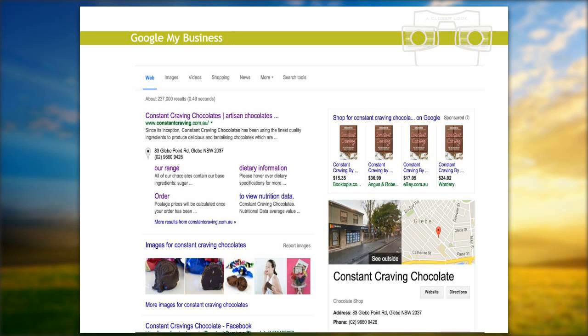The only problem with this listing is that they are not in Sydney in Glebe Point Road at all. They are in Tasmania. And this is the point that I'm getting to. Google makes a best guess based on what's on your website, as to what you're doing and where you are and what services you're offering.